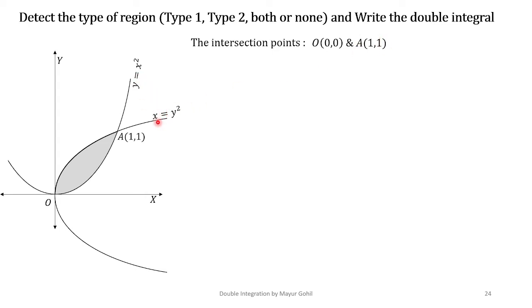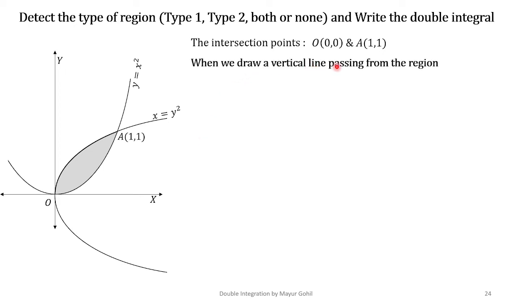You just have to take x equals y square and substitute in the equation y equals x square. Put x equals y square, and you will get y equals y raised to 4. Simplify that, and you will get your answer as 1 comma 1. So that is the intersection point 1 comma 1. Alright, now let us see how we can write further.